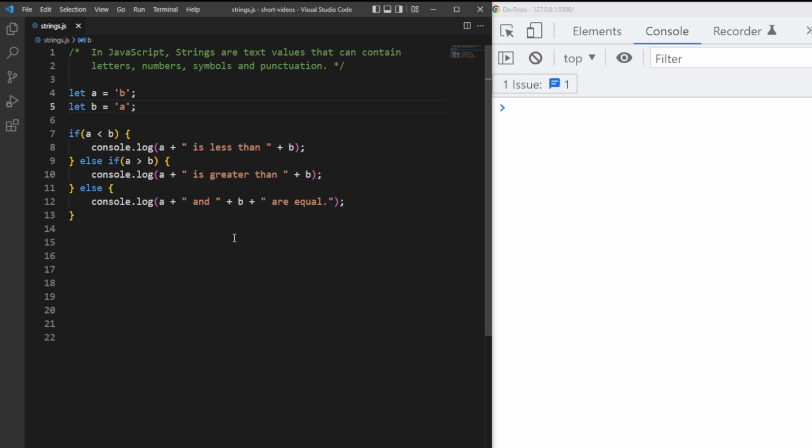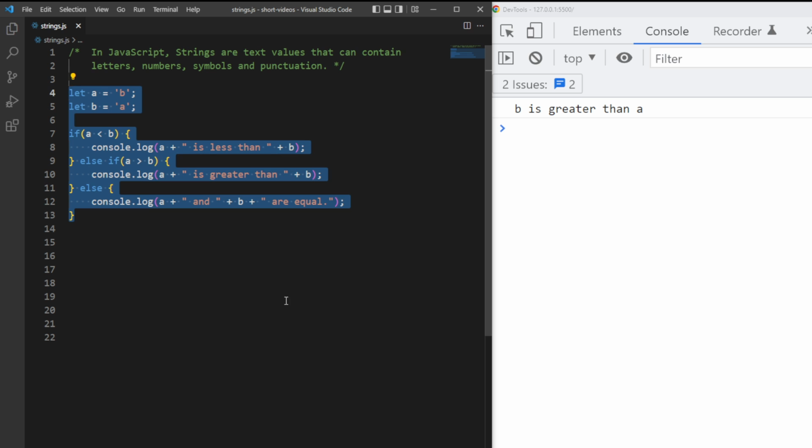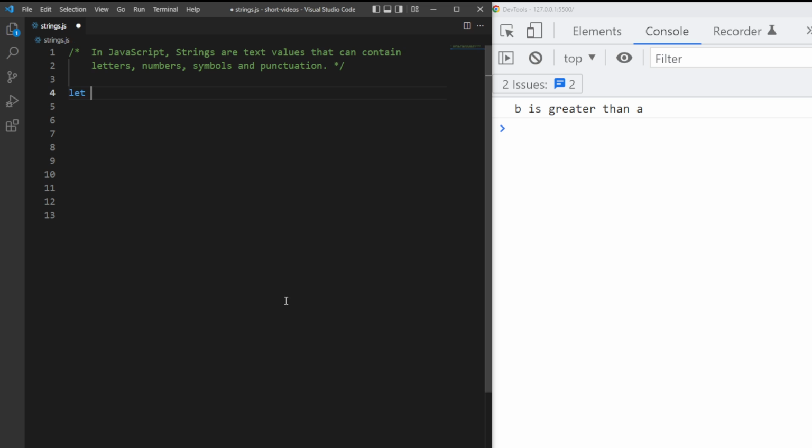a is greater than b. It's taking a little while here. I'm not sure why. B is greater than a. Cool. So this is comparison. Let's move on to some other fun stuff you can do with strings. So let's say we do let s1